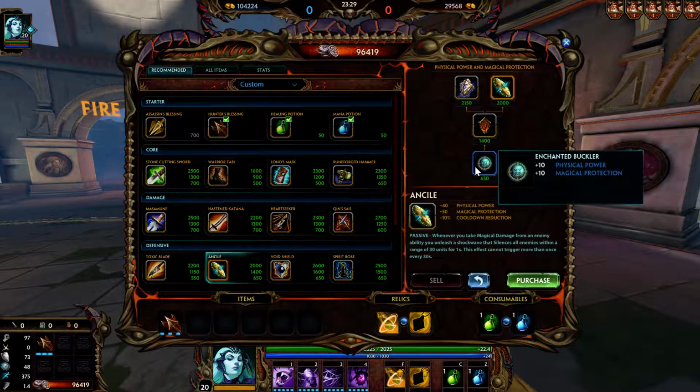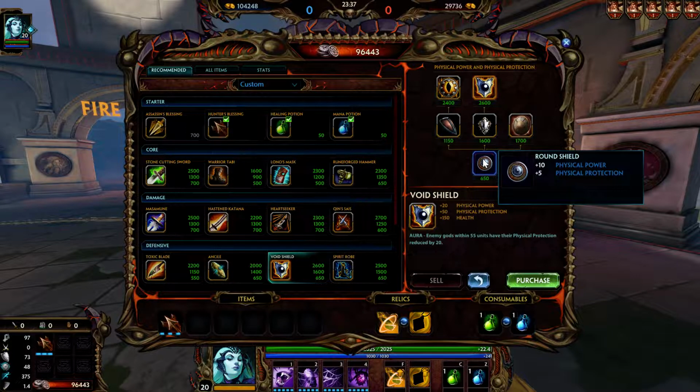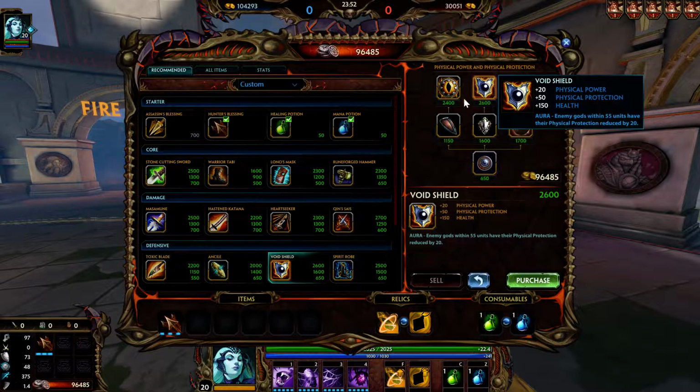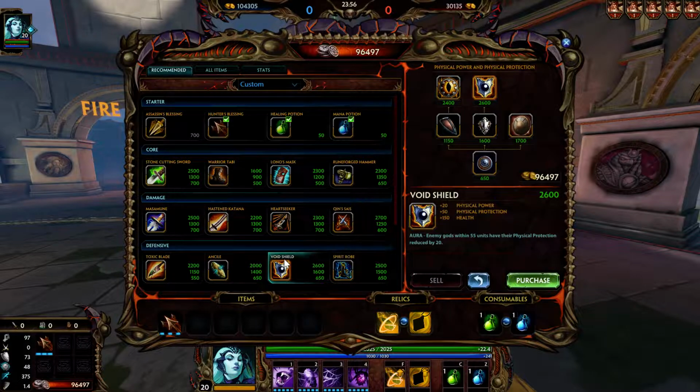And then either Buckler if you're going against a magical, like a Mage or Guardian. Or Void Shield, a Round Shield if you're going against a physical, like a Hunter or Warrior. This works well. You might be selling this late game. If you get this item, or even if you get Ancile, you might sell it, but I'll digress. I'll just assume you go...